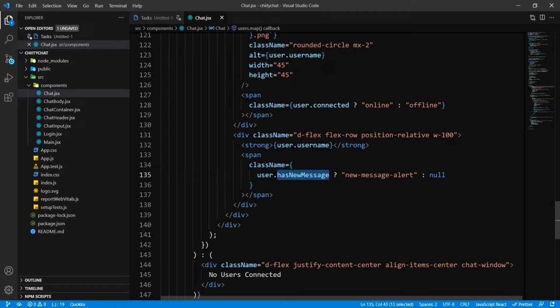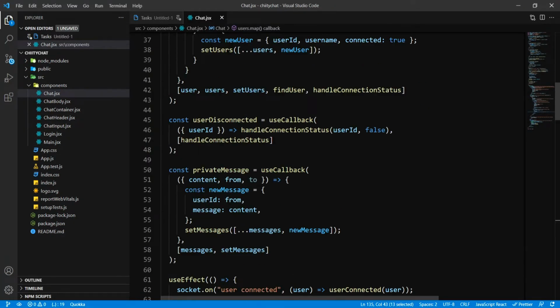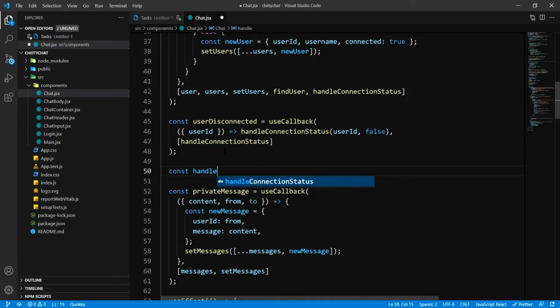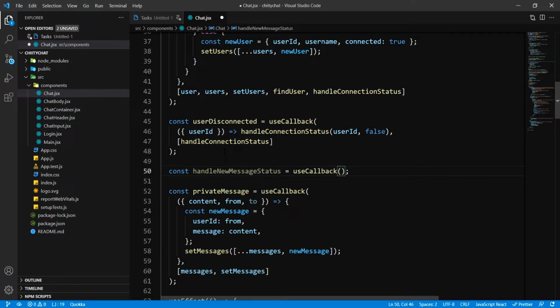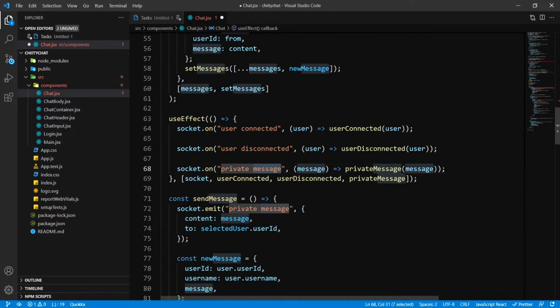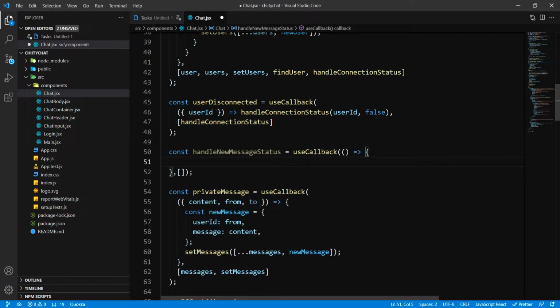So we are going to actually update this property now inside our chat. I'm going to write a function over here just below user disconnected. I'm going to write handleNewMessageStatus. It's going to be a useCallback, obviously, because we're going to use this inside useEffect, and use this inside our private chat message function. So this is going to be an arrow function, straightforward, you know the deal. This is going to have some dependencies, and here is going to have some parameters, userID and status,